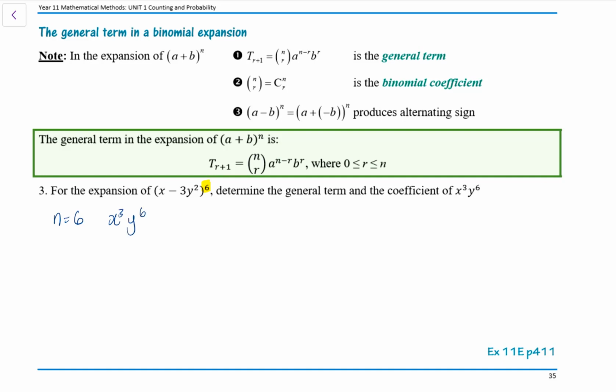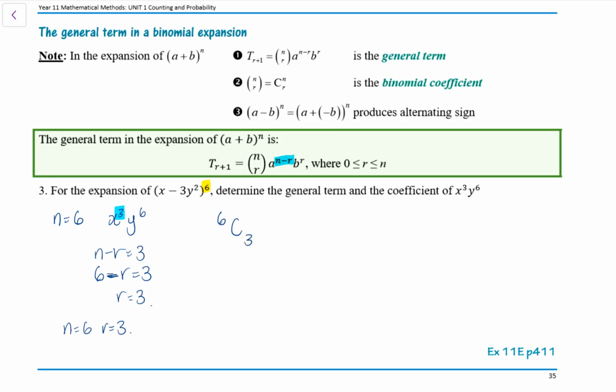Okay? I also want x cubed y to the 6. So if we look at that 3, it has to be our n minus r. So n minus r equals 3. We know that 6 is n, so 6 minus r is 3. So that means my r has to be 3. So I've got n is 6 and r is 3. So that means now that my term is going to be equal to, I don't like writing it with brackets, so it's going to be 6c3,